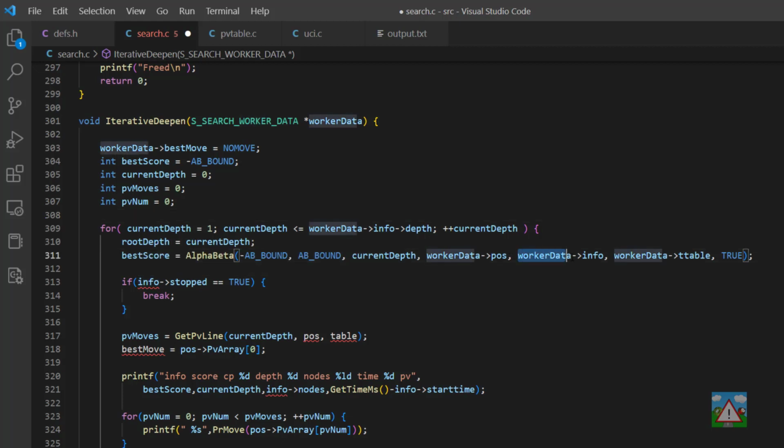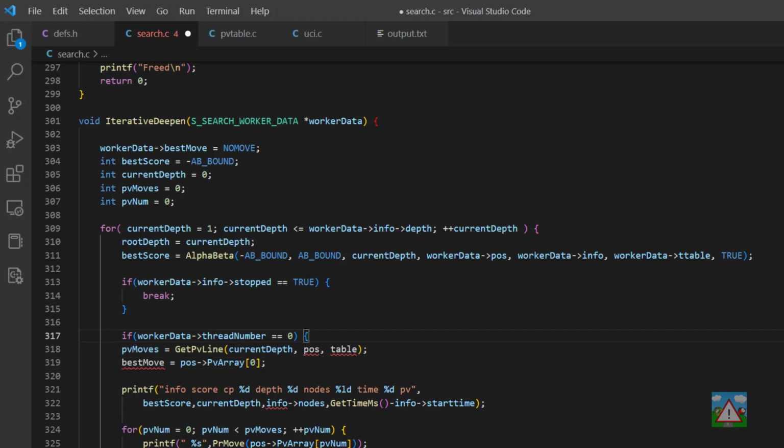Now we want to know, have we stopped the search? So do we need to exit? So again, we're using the worker data info inside here. So if it's stopped, then it'll break. And now what we want to do is print things out to the console, but we only want to do that if the current thread number is 0. If it's not 0, then we're not going to print everything. Otherwise, we're going to be printing everything for each of the threads that we're running, which is going to get very, very annoying. So what we'll do then is we'll put a line on here, and we'll just say after this break here that if the worker data thread number is equal to 0, then what we'll do is